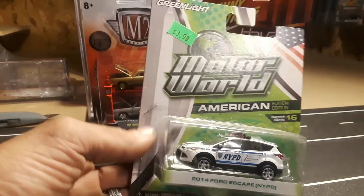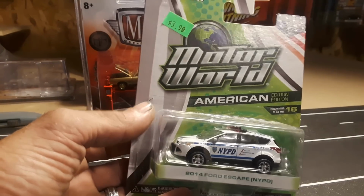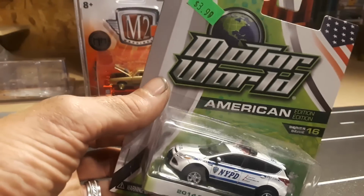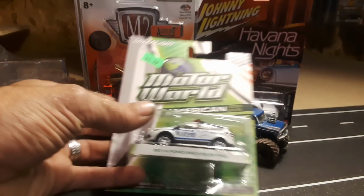Almost all the Motorola he has are stapled on. I don't think he opened them. I think just from falling off the shelf and hitting the concrete floor, the blister popped off. So